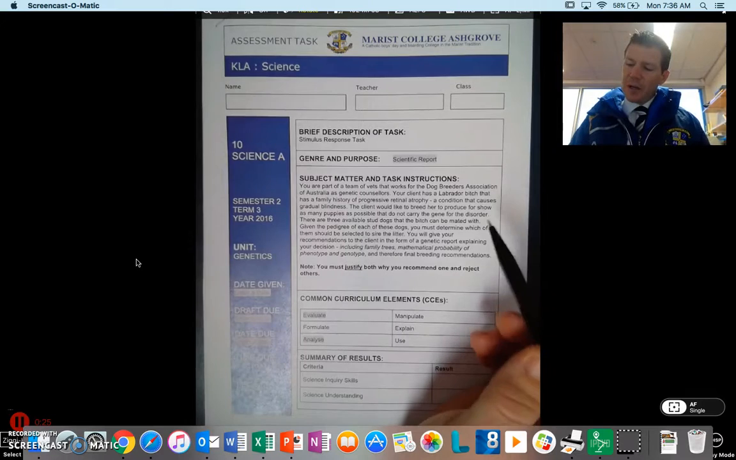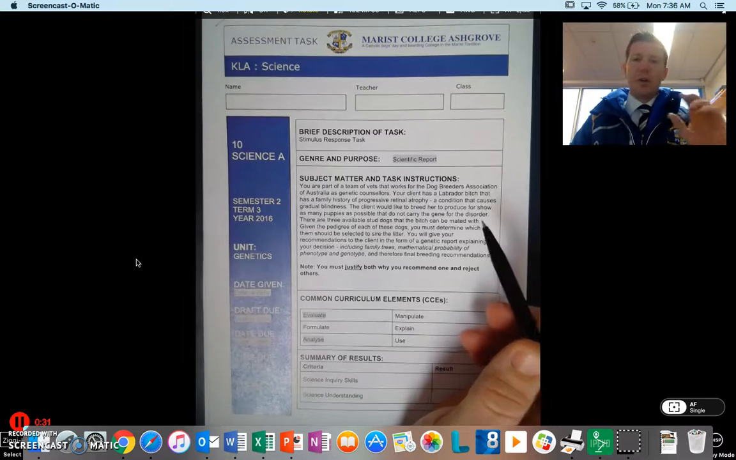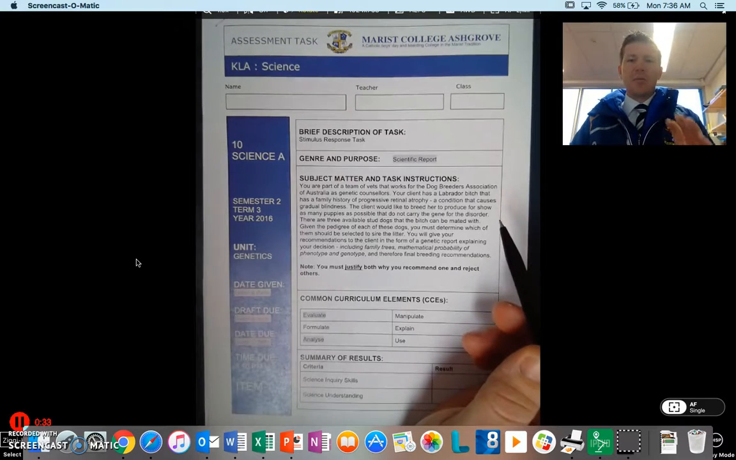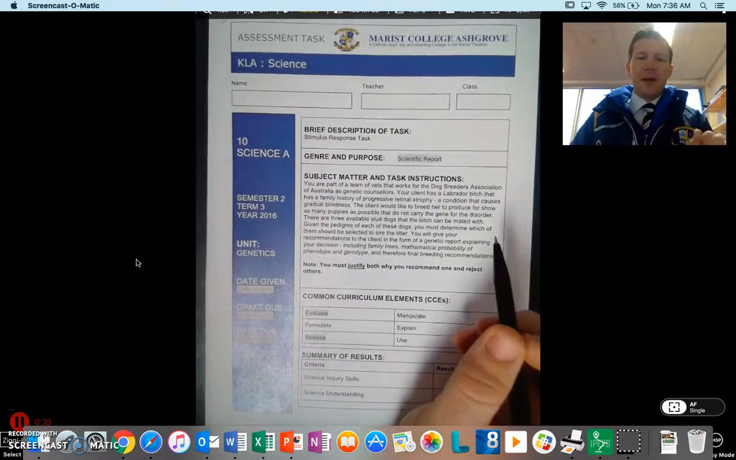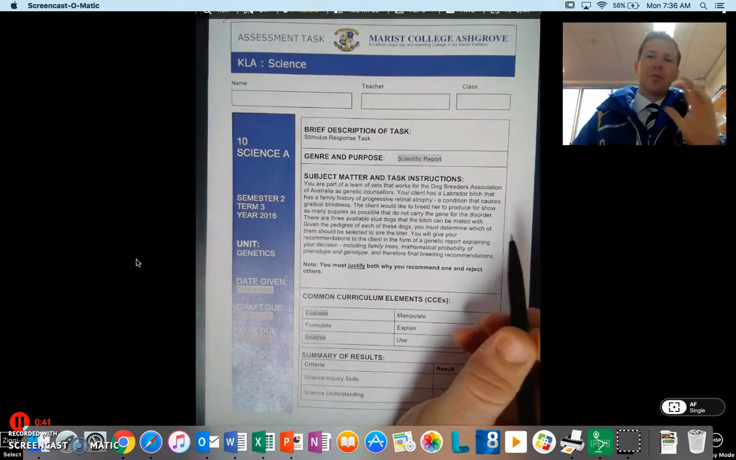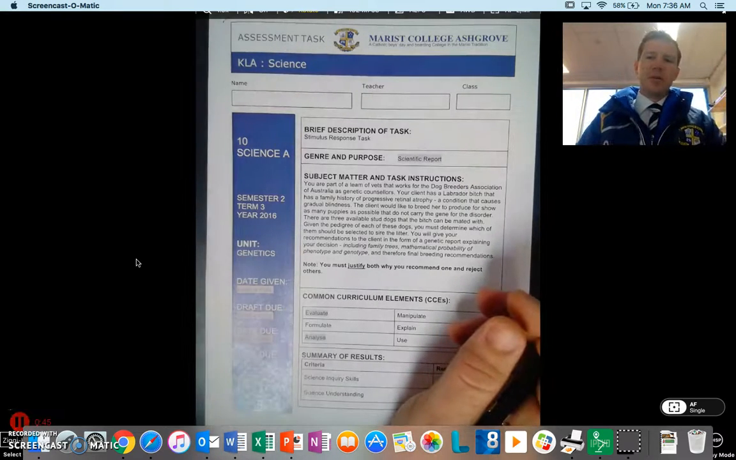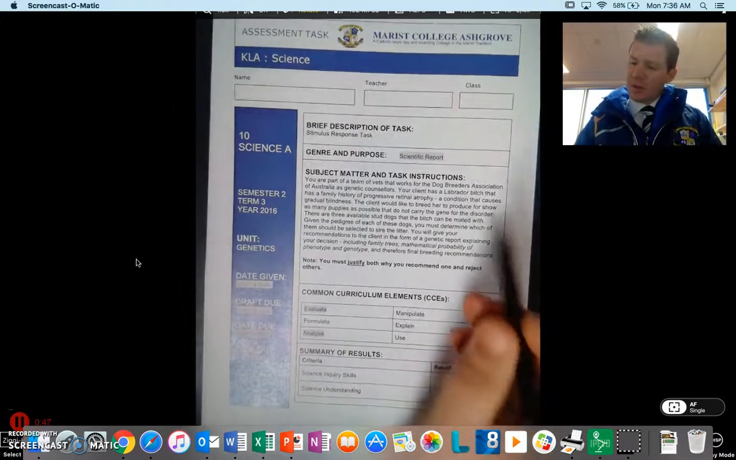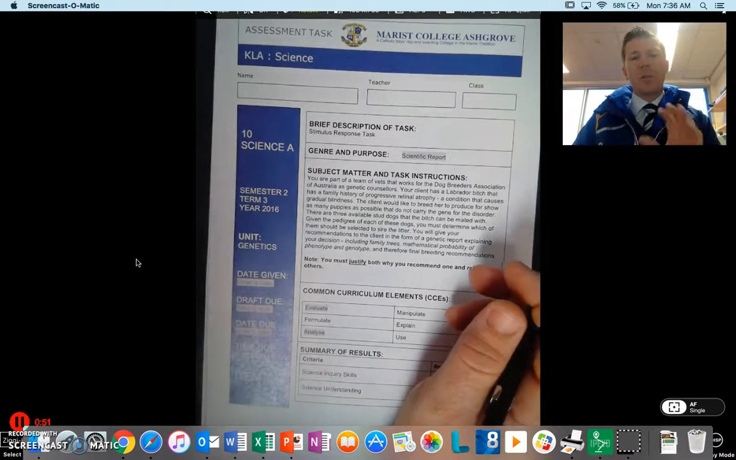Your client has a Labrador bitch that has a family history of progressive retinal atrophy, a condition which causes gradual blindness. So first of all, you need to research what that is. Find out information about PRA, how it's caused, and any genetic information, whether it's dominant, recessive, co-dominant, or anything else. The reason you want to do that is because your client wants to breed